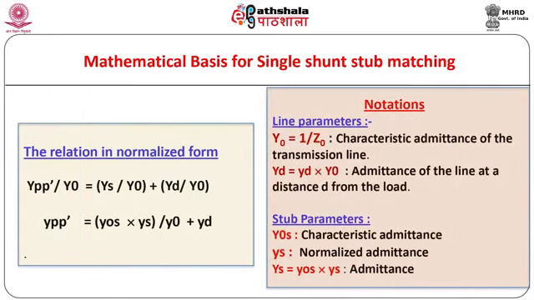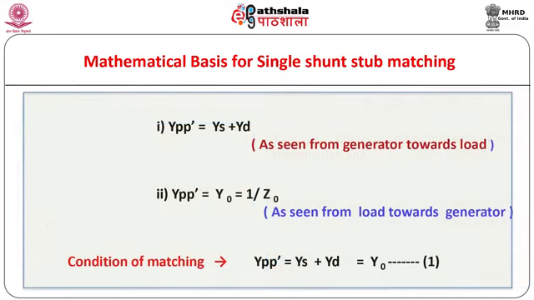If we divide by Y0, we obtain the relation in normalized form as shown. Note the notations used in the derivation. Here Y0 represents the characteristic impedance of the transmission line, Ys represents the admittance, Yd represents the admittance of the line, etc. Please just see the definitions properly. Thus, we have,